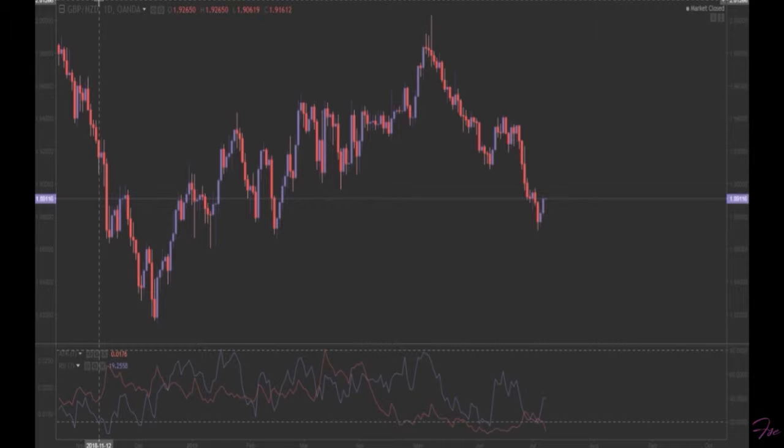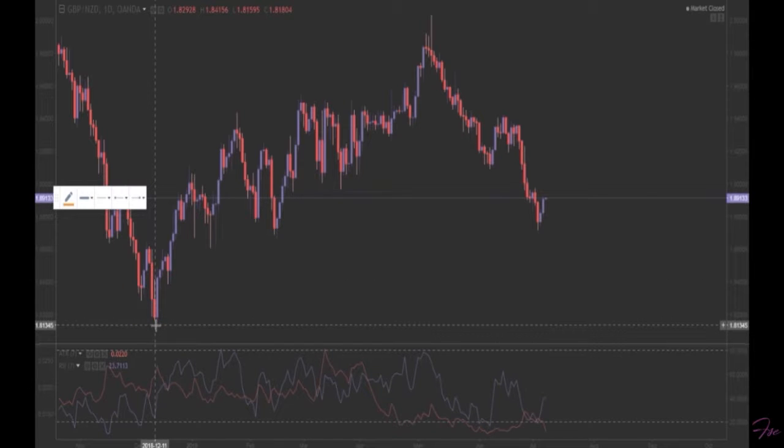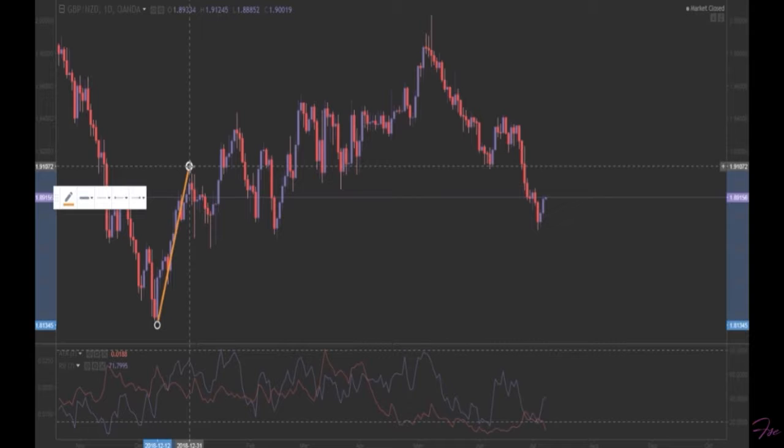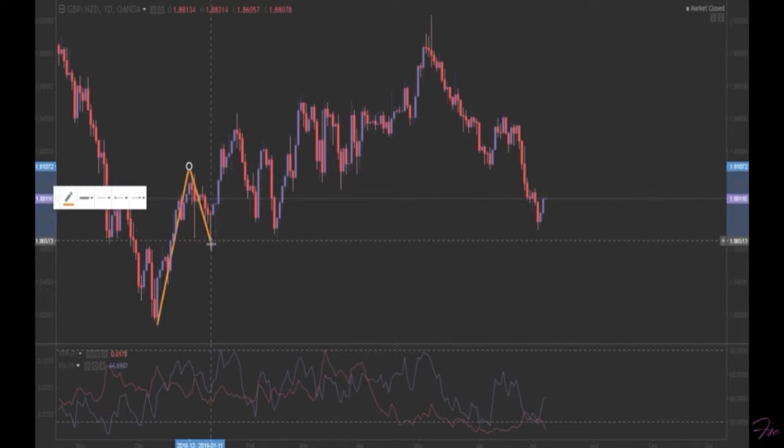Okay, now if you know how to read price action, then you know what higher close and higher highs, lower lows mean. You know how to read it, and that's what we're going to go through at the moment. So we're going to identify whether this market's bullish or bearish, or if it's testing a major level of structure. And the way you do that is you can get your trend tool right here, and just start drawing in higher high, higher low, higher high,